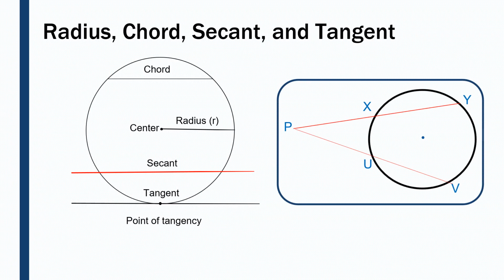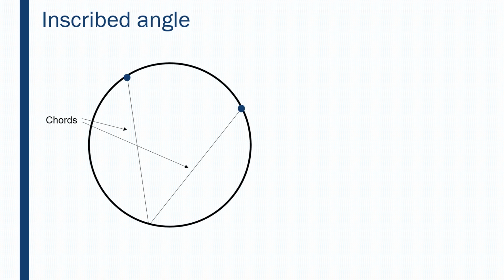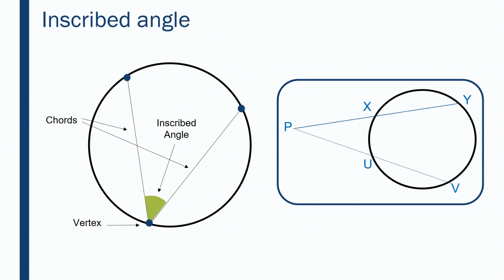In our theorem, there is a circle with a center and an external point P, X, Y, and PUV. That is. Next thing we're going to learn about is inscribed angle. In a given circle, the angle formed by two chords that share an endpoint, which is a vertex, is called an inscribed angle. In our theorem,